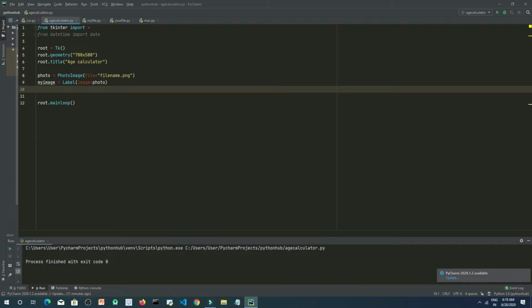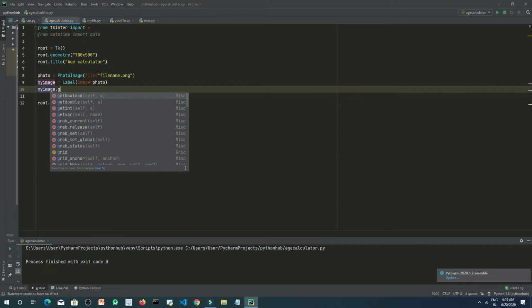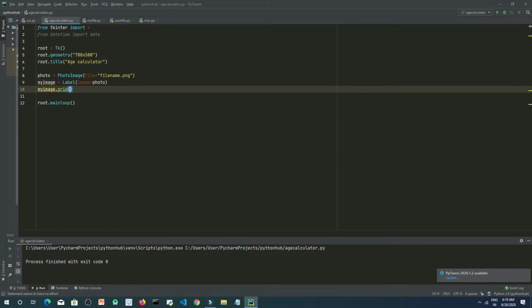So now let's type my image.grid, and we will place it inside the 0th row and first column. Let's type row equals 0 and column equals 1.